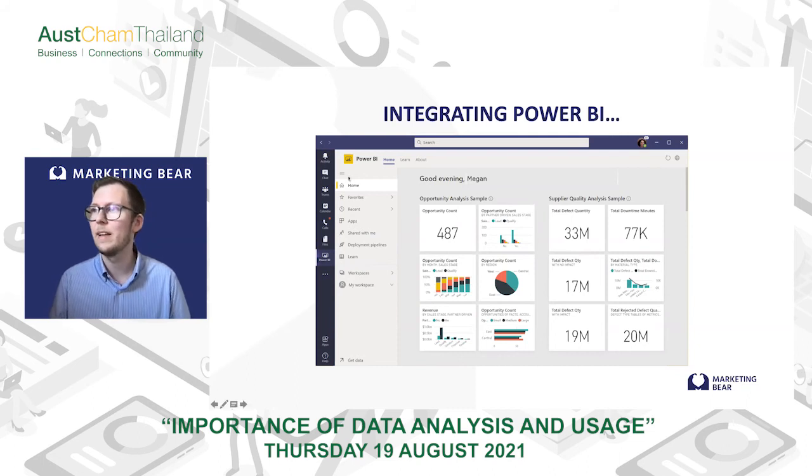Just imagine, you first click on chat, you write with other team members in your team, you then have a call under here, and then you just click on the Power BI app and you see the data. You don't need to enter a website address, you don't need to open another software, everything is in here. And that saves you time and makes your whole workflow, hopefully, a bit smoother.